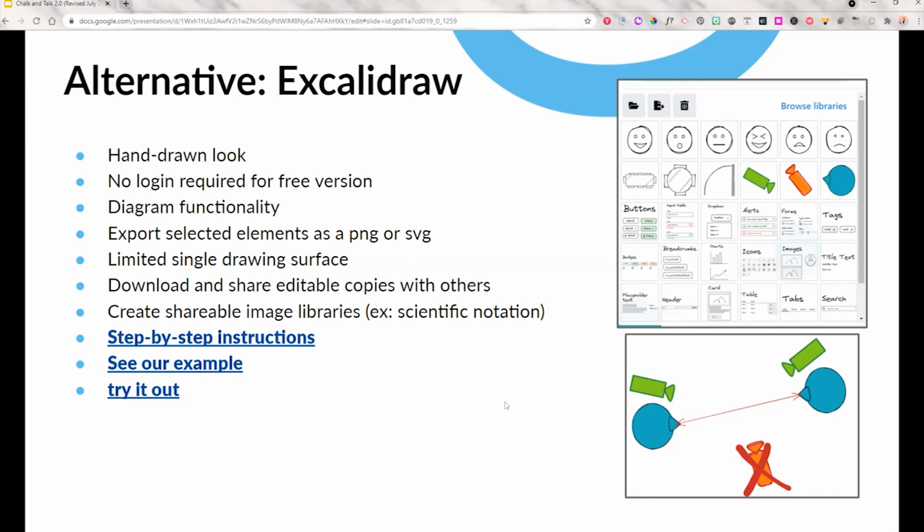So it has a hand-drawn look, which is really neat. Everything you do has this cool hand-drawn look, and you have options between neat, moderate, and messy, basically. So you can make it look more sketchy or less sketchy. And then it comes with all this library, and the community who use it can add to the library of different little things you can add to your Excalidraw. It does have a limited drawing surface, so there's only so much room that you can use,